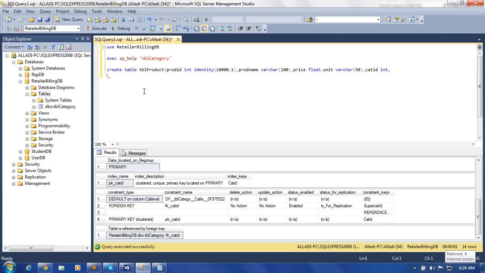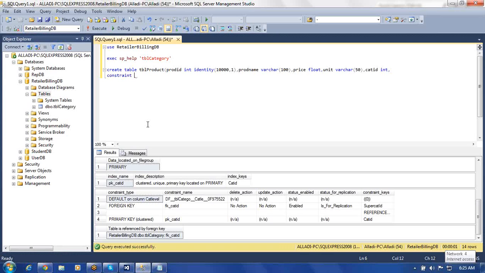So I use a concept called minimum price here. If you don't enter any price, automatically it should take something like 10. So we can use a default constraint for that. So here try to use price float. Default we cannot use, so we have to enter, but with a check constraint we need to take it. Now here put constraint,